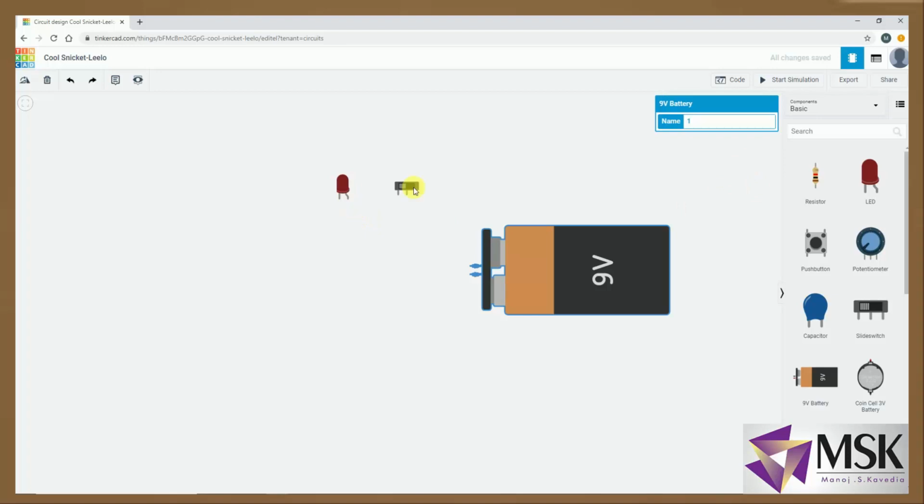So what I have to do, I will take this switch here down. Let it be the switch here, and this is the anode of the LED, so I'll take a wire from here. Do the connections properly. Now since this is the anode, it is to be connected to the positive of the battery, and this is the cathode, so I'll select this and connect it to the negative of the battery.